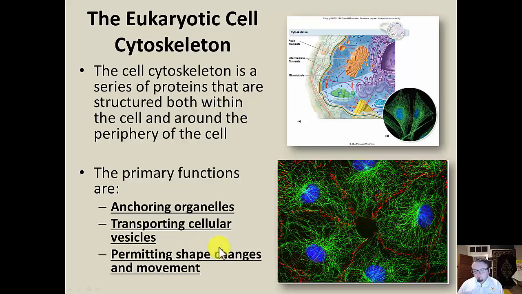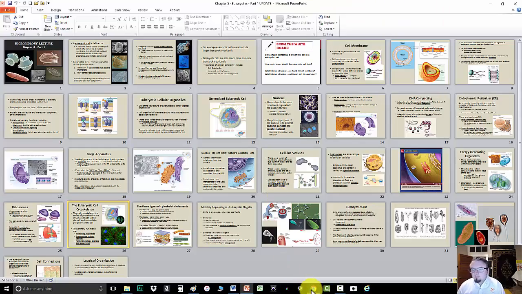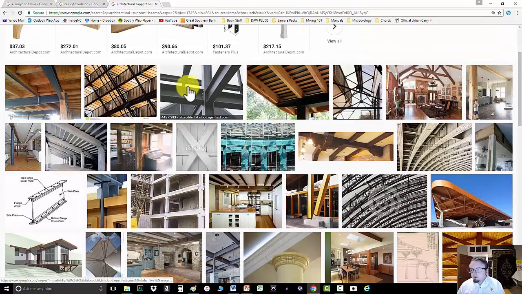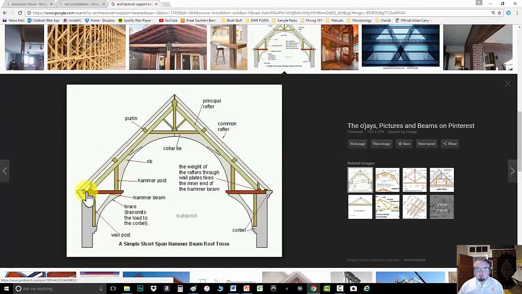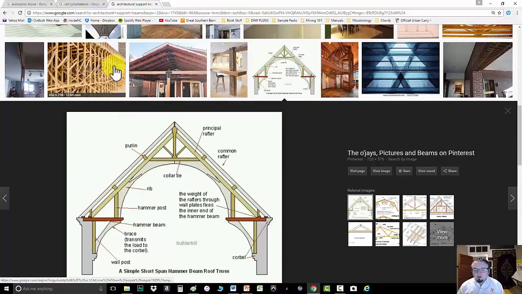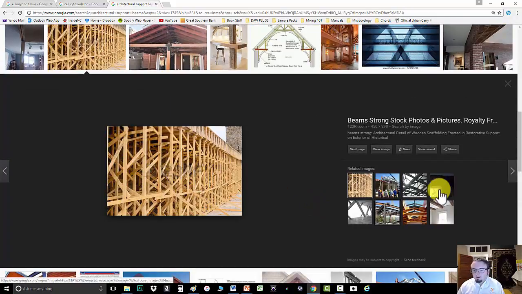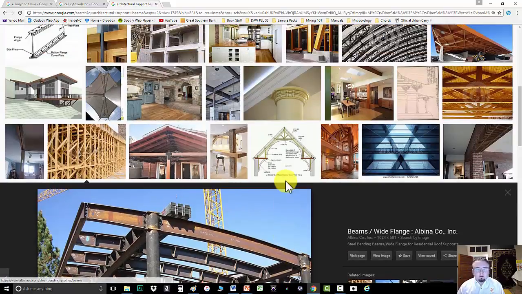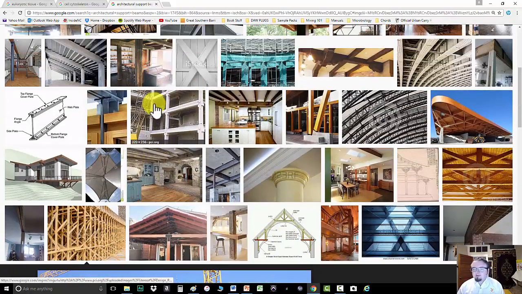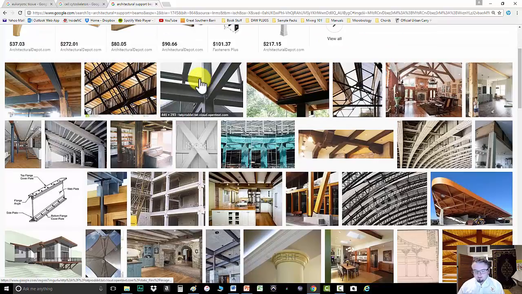So just to give you a few visuals, think about it like this. Here's some pictures of a building. You've got some of these cross beams, and you've got these designs that are meant to help reinforce the shape of the building. Ideally, it helps it not collapse from within. You've got these key designs in beams and angles to help redistribute the weight, and make up some of the ability of these buildings to hold extra weight. Also, what allows the building to get larger. You can't make a really, really large, complex building without a key set of designs that allow that building to hold extra weight and support itself.